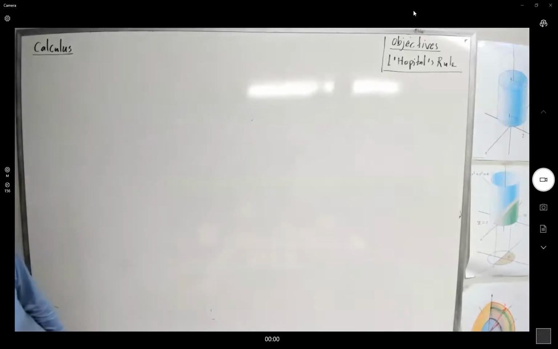Very well. So let us continue our lecture. We're going to talk about L'Hôpital's Rule. Let me go through this one and the other one. So L'Hôpital's Rule officially says that